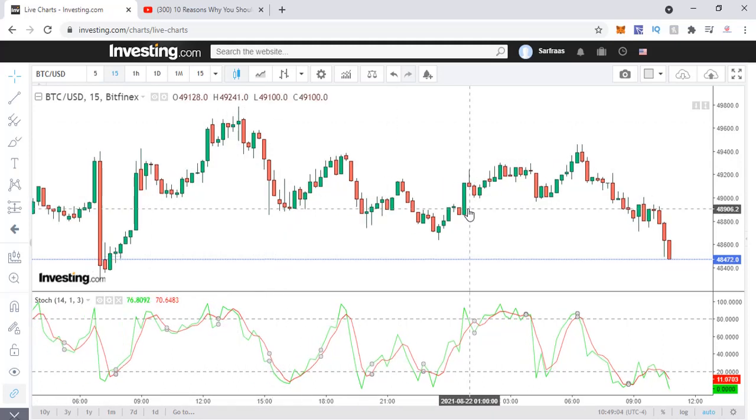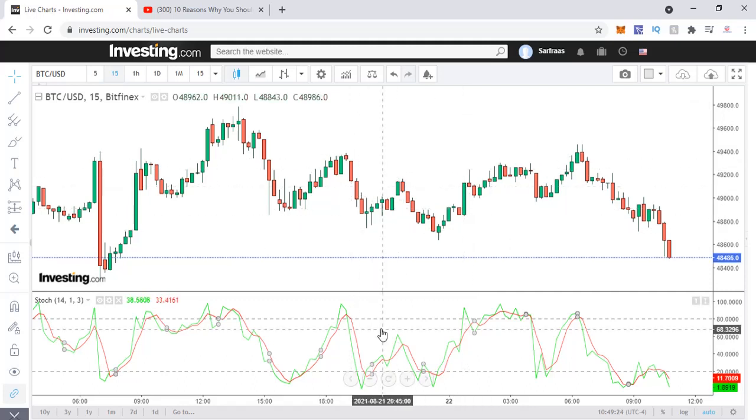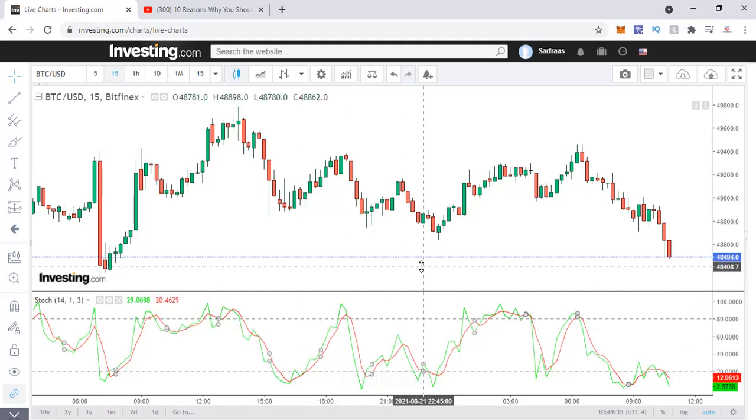And as I've always been telling in my technical analysis videos, please try and get at least 3 confirmations to get to a signal. If you're trading, at least get 3 to 4 confirmations, like probably your candles, your moving averages, your stochastic, your RSI. But for the purpose of learning, you can straight away use the candles and the stochastic oscillator that I am showing you right now.